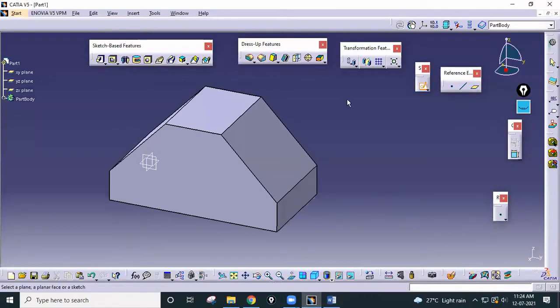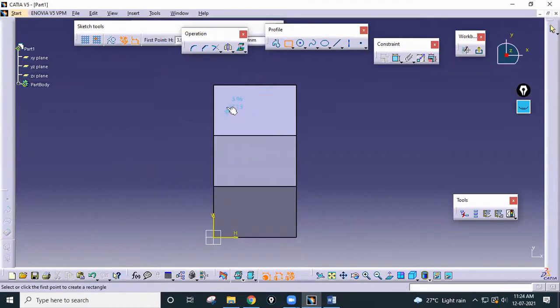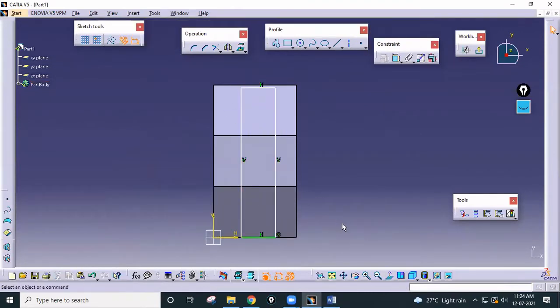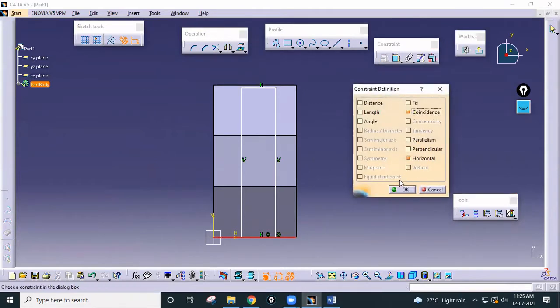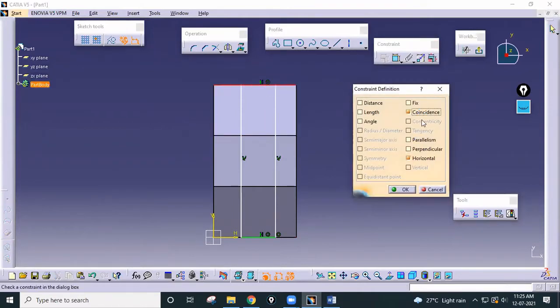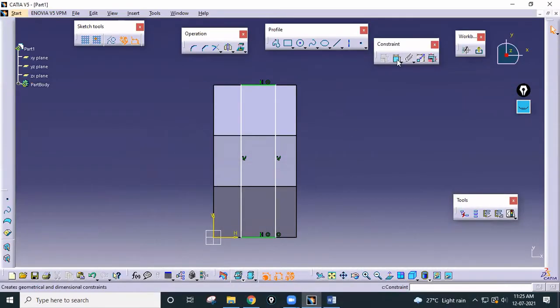For that, go to Sketch, select this face, then draw a rectangle like this. Select this edge and this edge and make them coincident. Again select this and this edge and make them coincident. Now the total width of this pad is around 8, and this one is total 24. So give the dimensions.